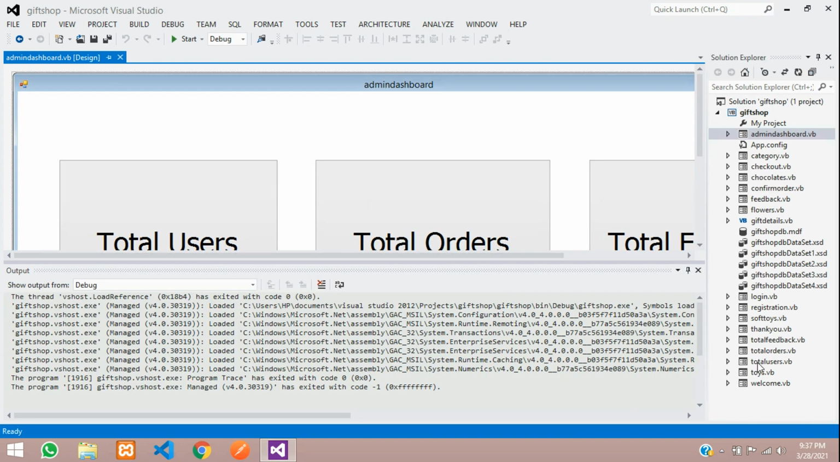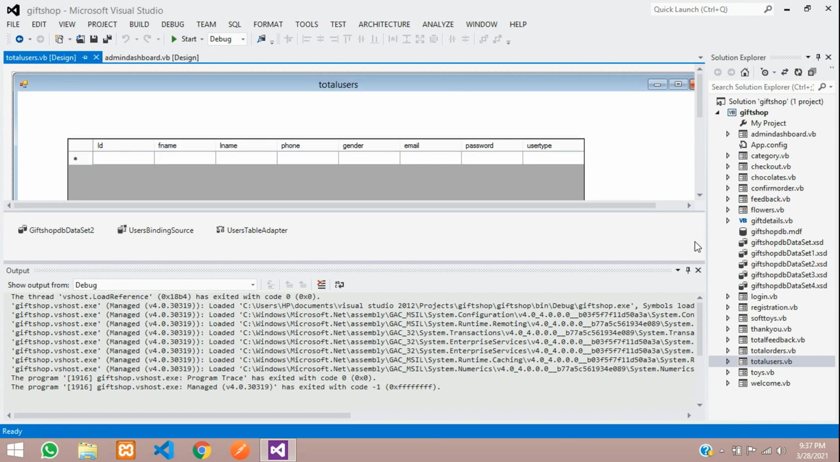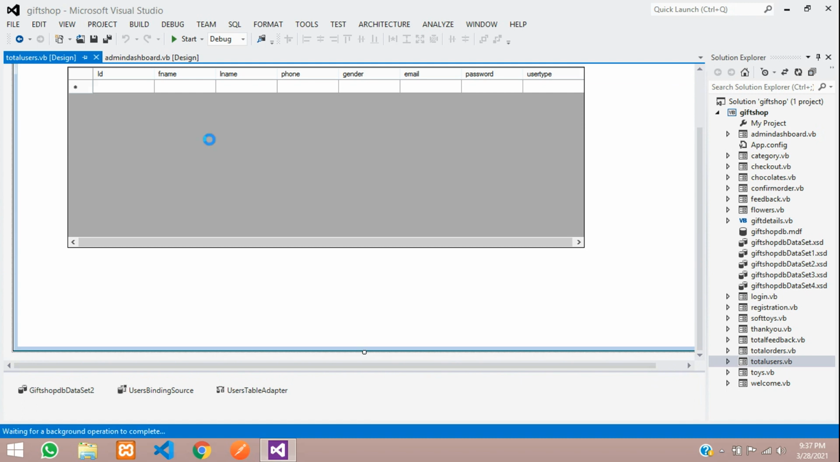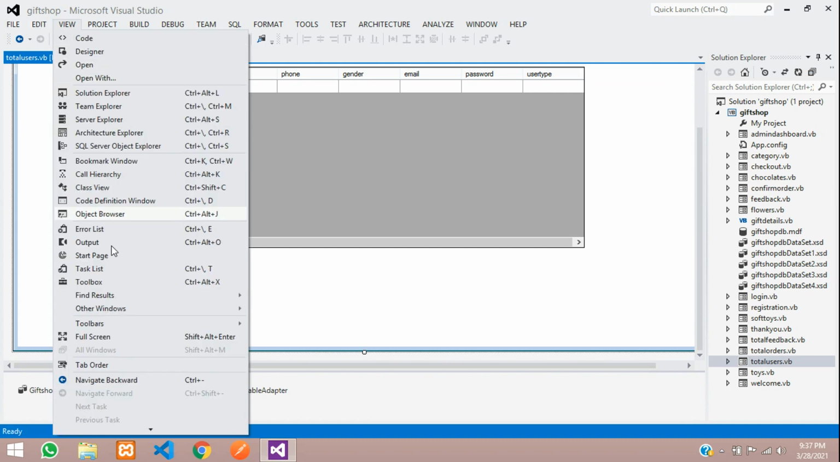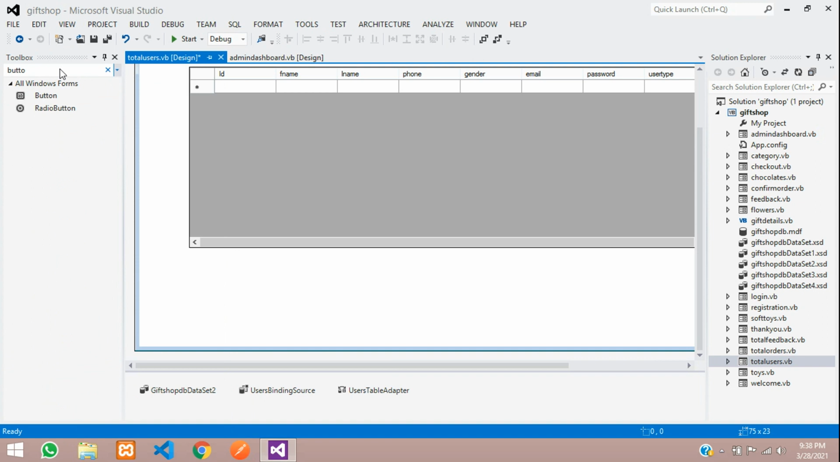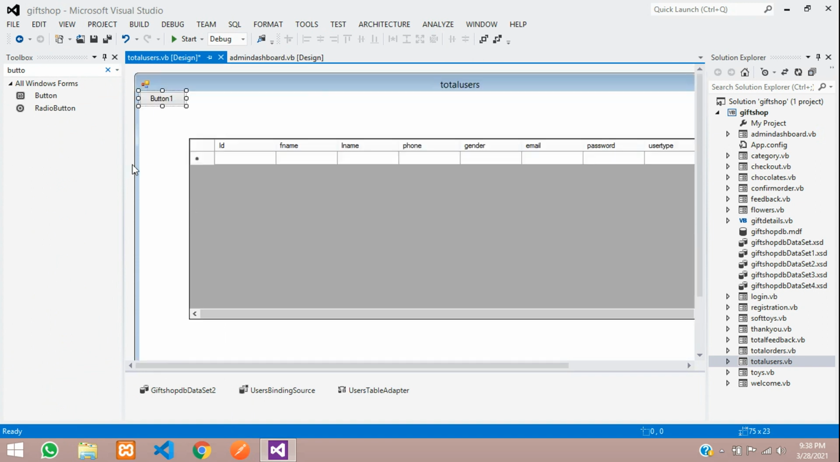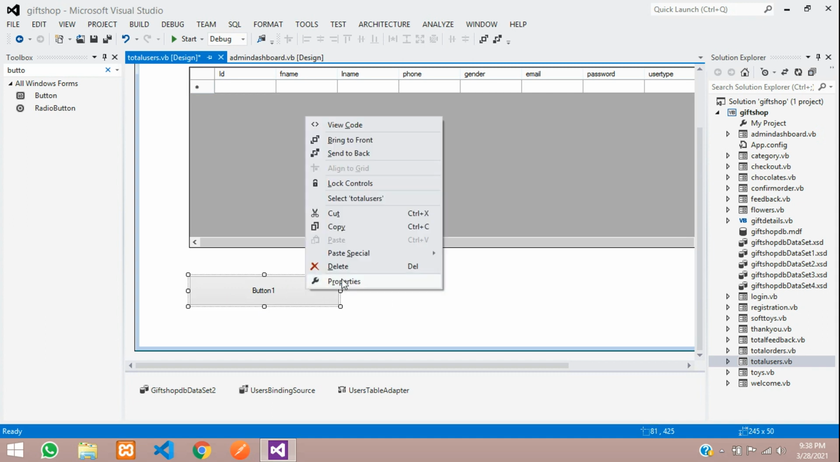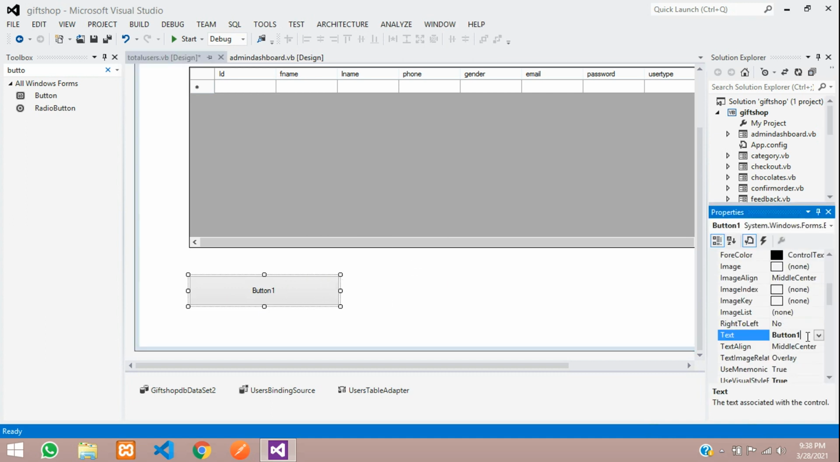So we'll open the total users page, and here we are going to add buttons. Okay, let's say view toolbox, and that's going to be button. Drag that and just place it at the bottom. Okay, and we'll open the properties. The text is going to be add user,